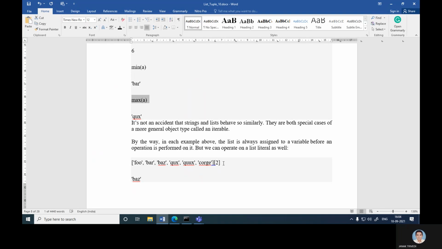By the way, in each example above, the list is always assigned to a variable before an operation is performed on it. But we can operate on a list literal as well. How? Let's say foo, bar, quacks, code, and now this 2 is there.